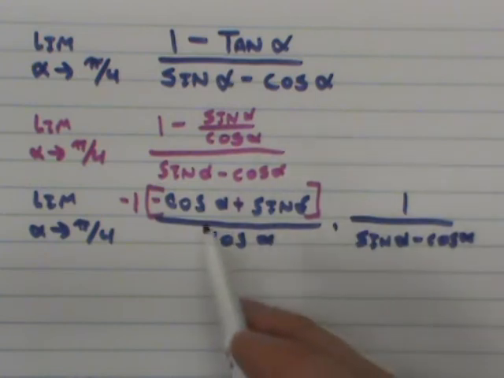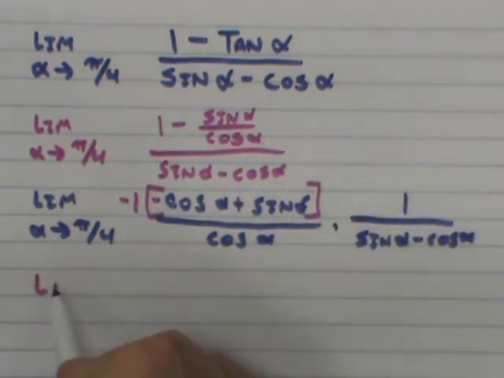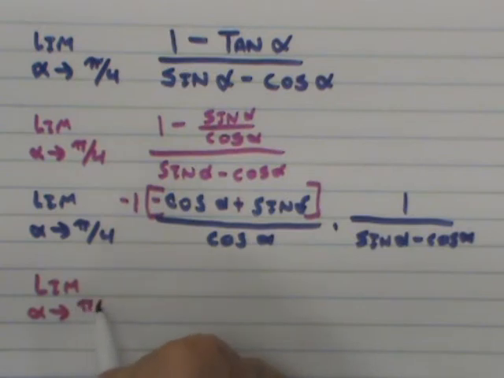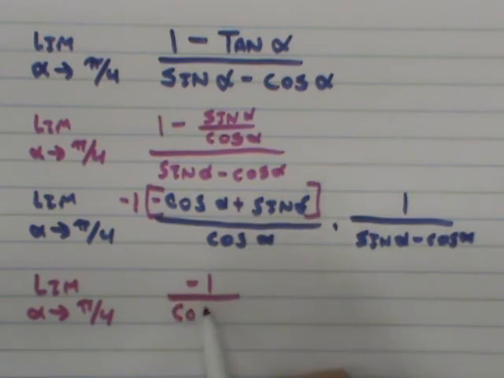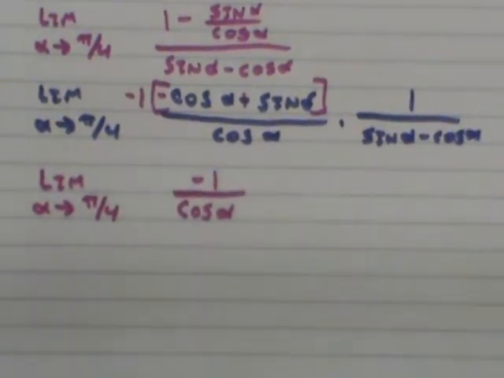It would allow me to cancel those, and I end up with this new line that says the limit as alpha approaches pi over 4 for negative 1 over cosine alpha. At this point, there's nothing preventing me from plugging the pi over 4 in here, and so as I go within the limit, I could write this as